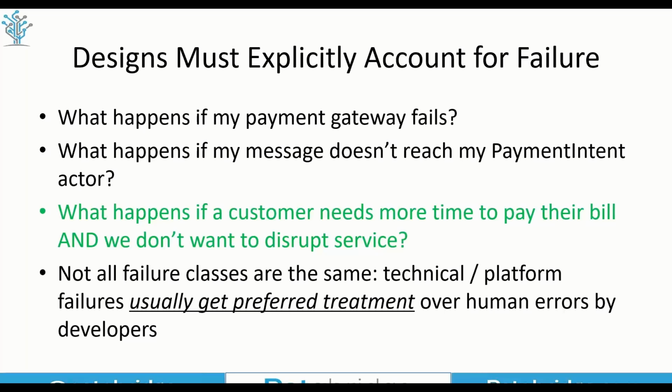So sometimes we'll have a customer that runs pretty late on paying their bill. And from the procurement department perspective, maybe it's standard policy to pass vendor debt on for 15 days or whatever. And that's all well and good, but an automated platform like SDK bin is going to notice that a net 30 invoice is now more than N number of days past due, and it's going to close the account and disrupt service when that happens. Well, that's not great. So we might need some means of being able to account for that in the design of our domain,